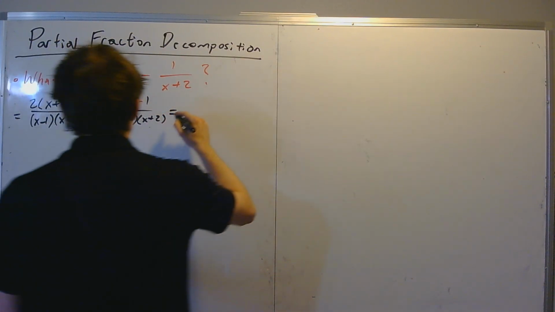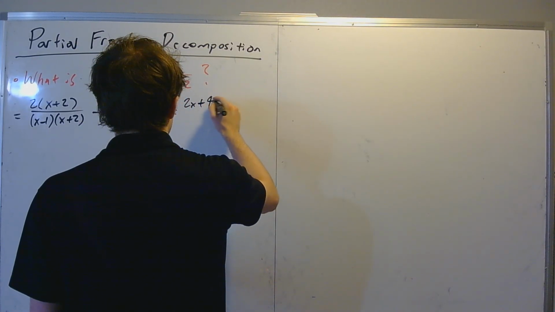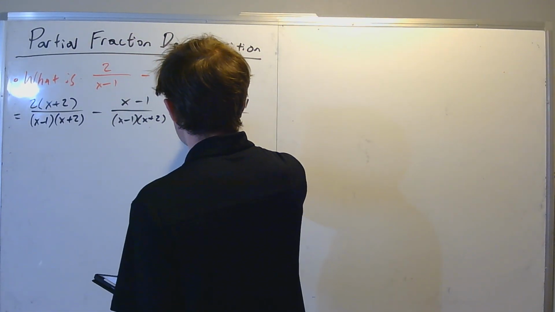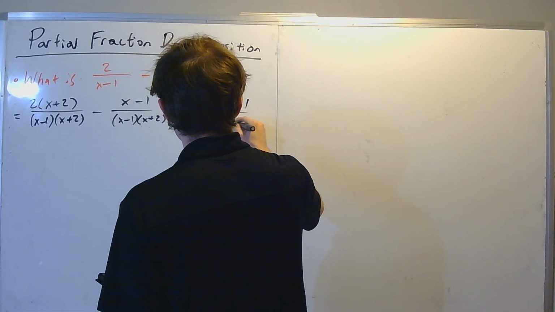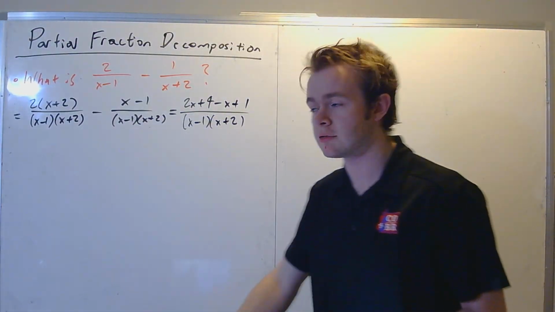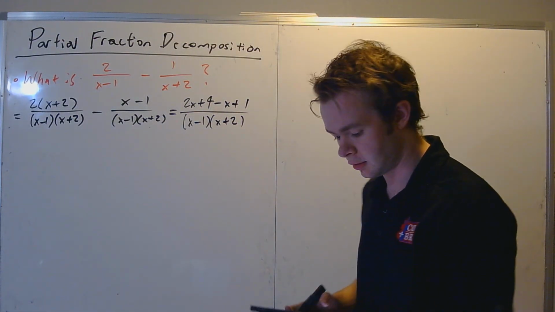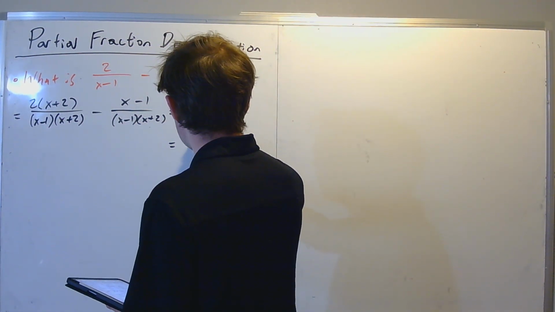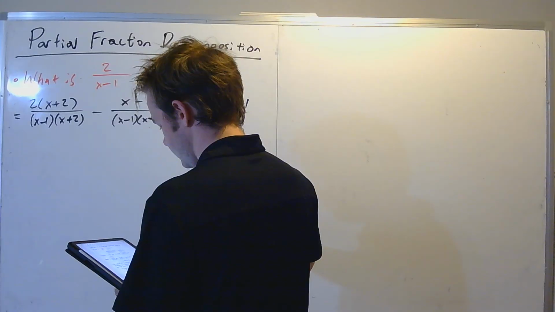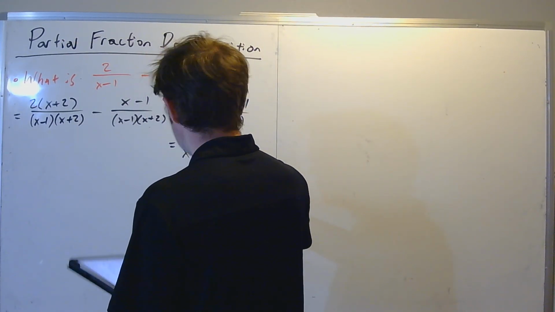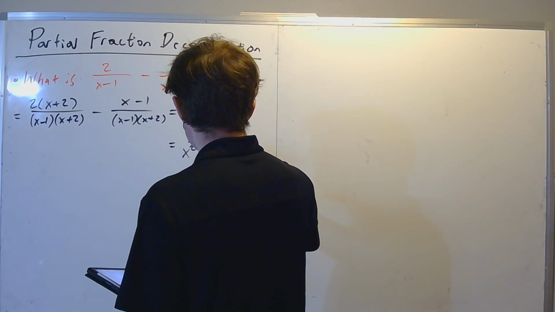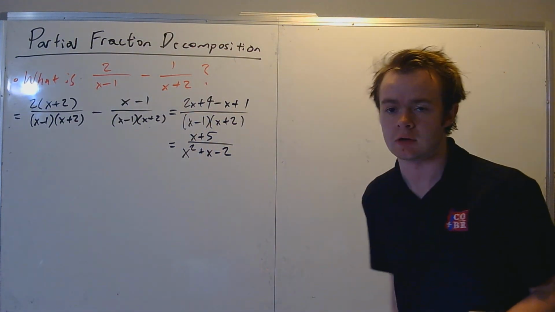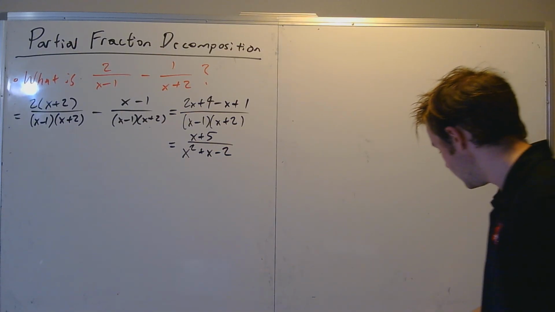So we've got 2x plus 4 minus x plus 1 over x minus 1 times x plus 2. What I did here was I distributed that minus sign, and then you can just combine like terms. So here you're going to get that this is equal to x plus 5 over x squared plus x minus 2. If you FOIL the denominator, that's what you're going to get. Okay. So now we can ask the question,